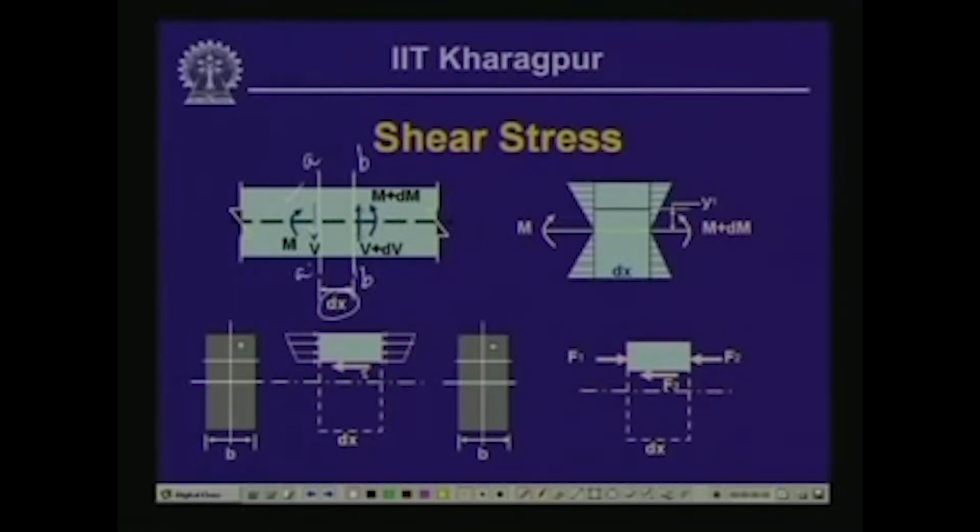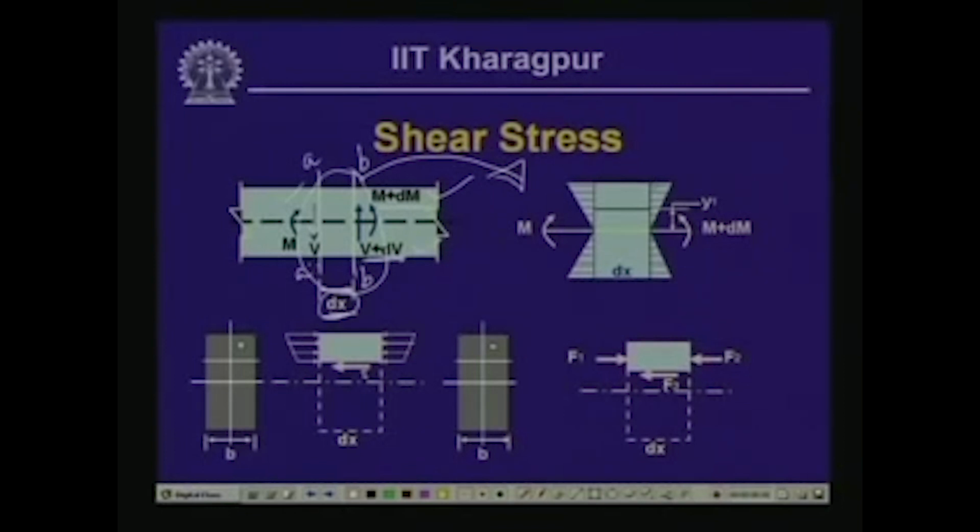On the right face we have shear force V plus dV and moment M plus dM. We expect that from AA to BB, over dx distance as we move, there is a change in the shear force and the bending moment. Now if we separate out this particular element and look into the stresses in that,